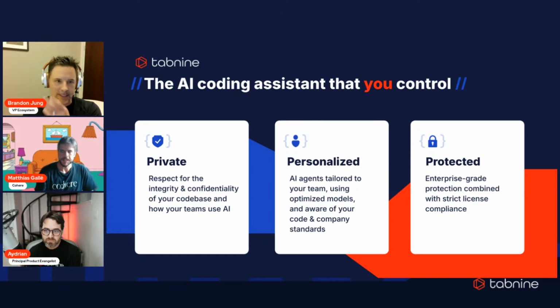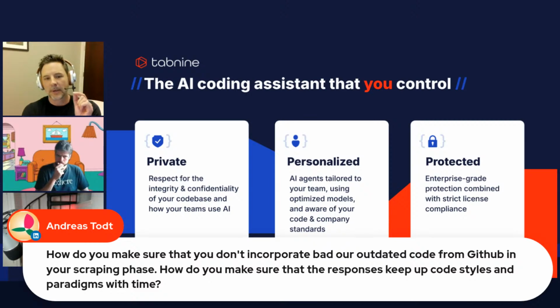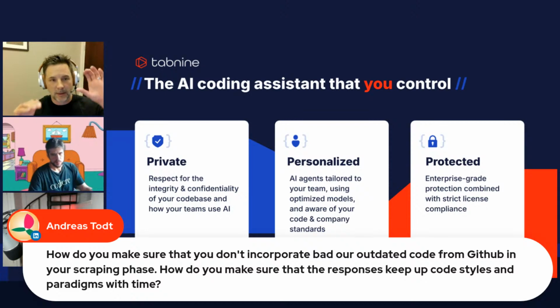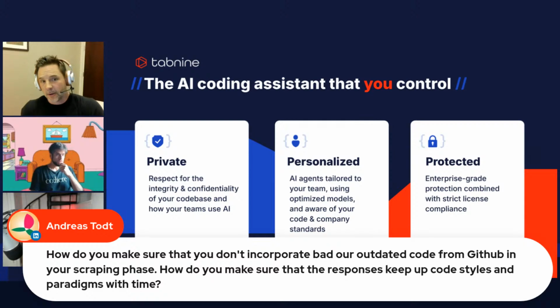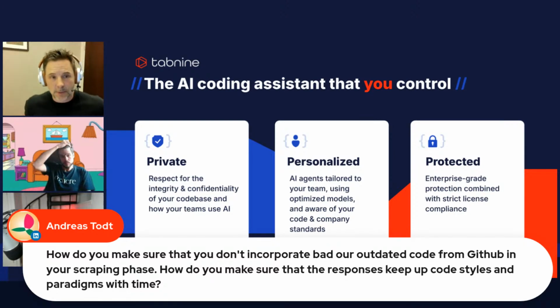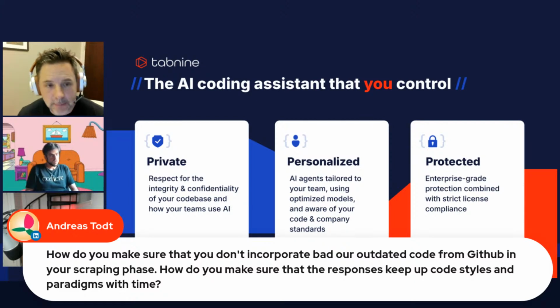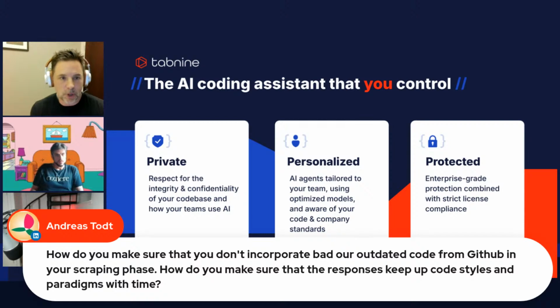Matthias has seen a couple. Got RAG. There's a bunch of ways we can specialize, which we'll hit a little bit on. But just remember, there's outdated code that's bad outdated code, and then there's outdated code depending on who you're talking to. So this is part of the difference between a general model that is really good for an individual developer or student, with the full view of all of GitHub. I'd say this is a little bit more how some of our competitors tackle it, versus the way that Cohere and Tabnine think about this challenge, which often takes into account the nuance and specialization necessary for the use cases of enterprises.